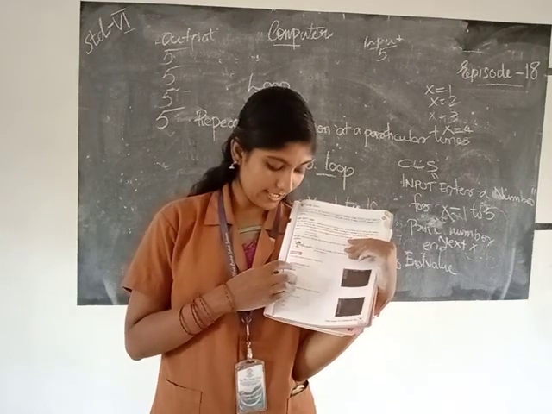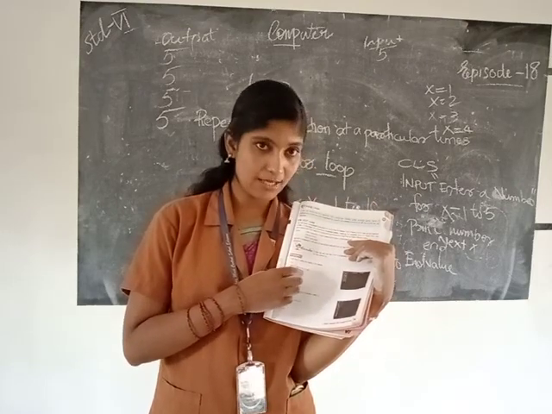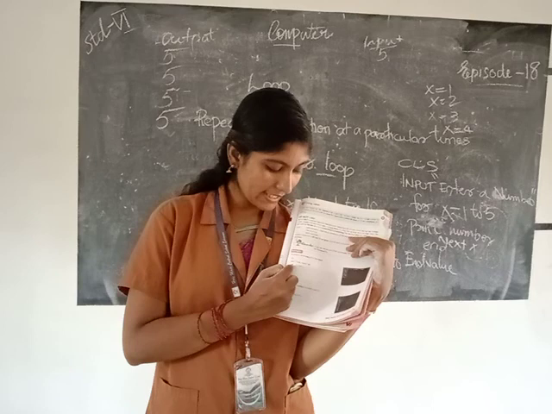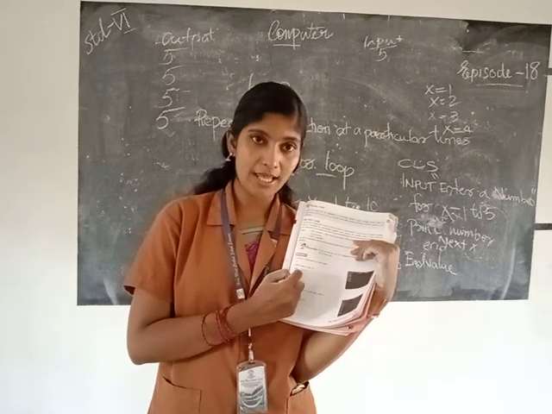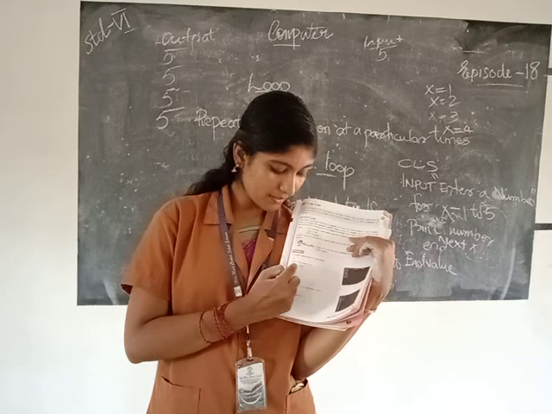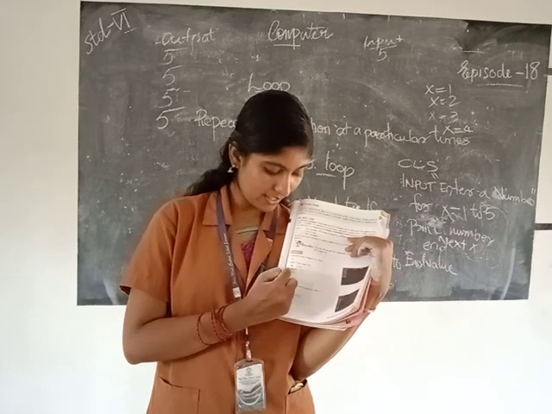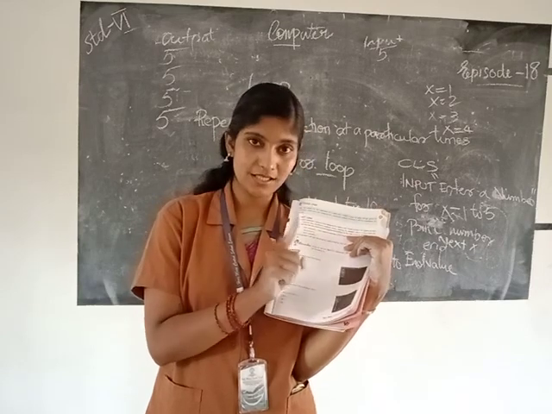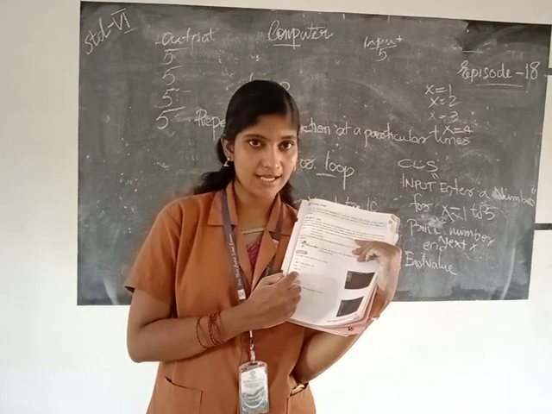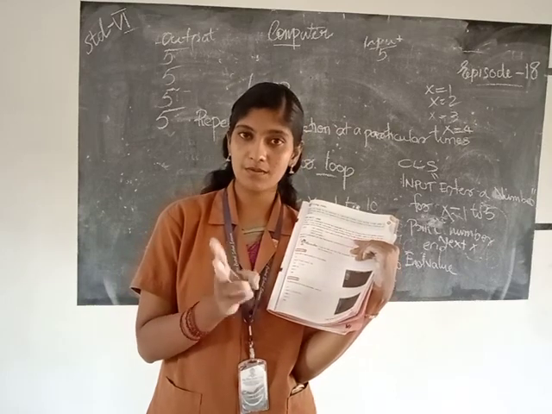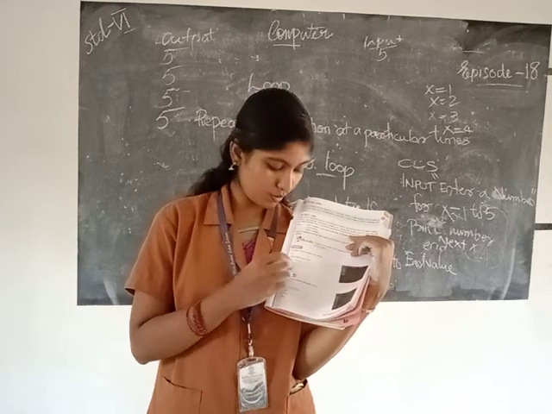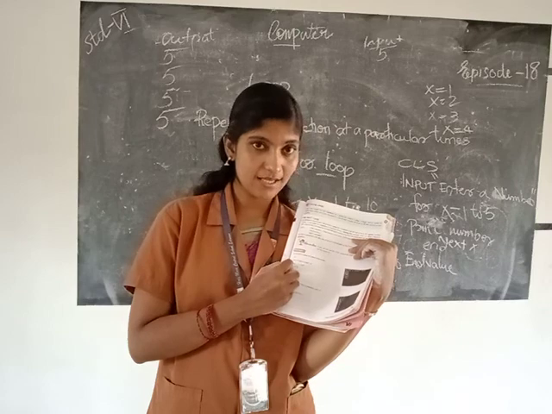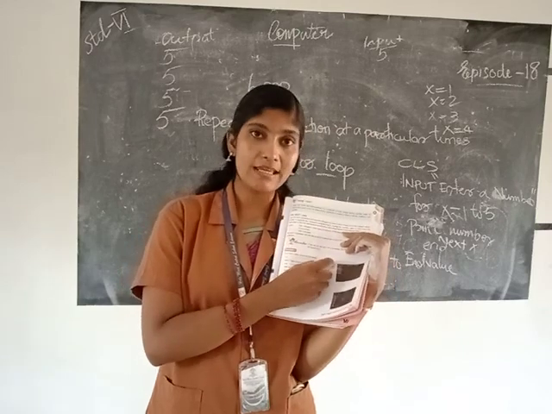So here CLS, input enter name A. Here we enter the name Ishi. Then for x equal to 1 to 5. Now the value of x equal to 1 and the program control will go to the next statement, that is print A. So first Ishi will be printed. Then next x, that means increment the value of x by 1. Now the value of x equal to 2. Then the program control will move to the next statement, print A, that means again print Ishi.